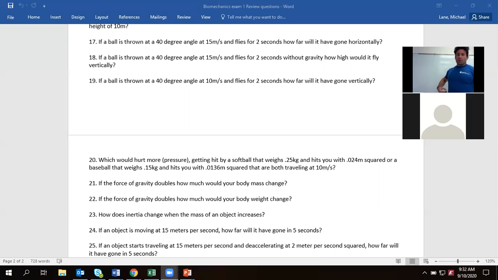So we'll start off with number 17. If a ball is thrown at a 40-degree angle and it flies at 15 meters per second for 2 seconds, how far will it go horizontally? Okay, so what we're looking for effectively,